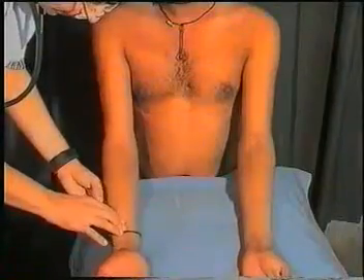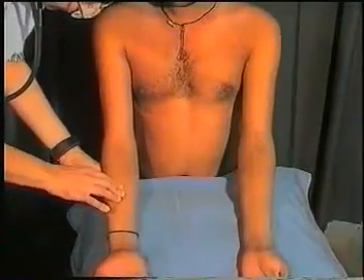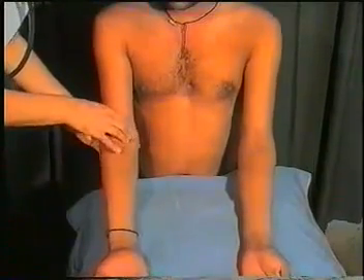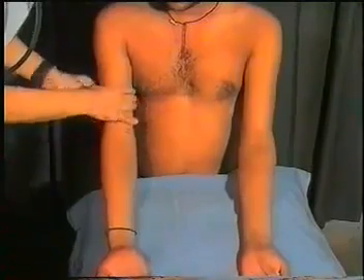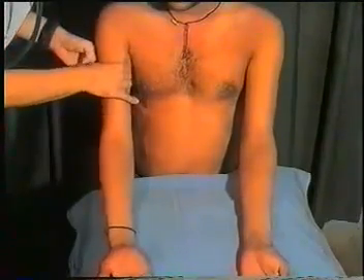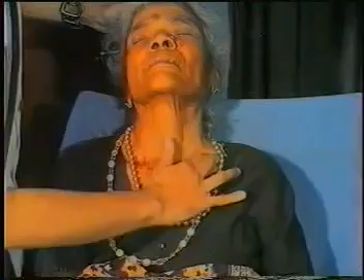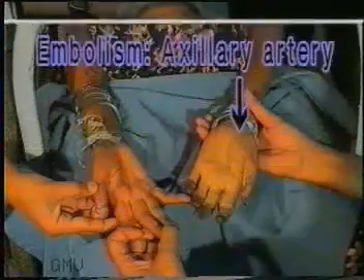Next, palpate along the lines of major vessels for tenderness, that is along the popliteal and femoral arteries in the lower limbs and radial, brachial and axillary arteries in the upper limbs. Tenderness indicates recent thrombosis or embolism. Note the tenderness along the course of the axillary artery in this case of axillary artery embolism.